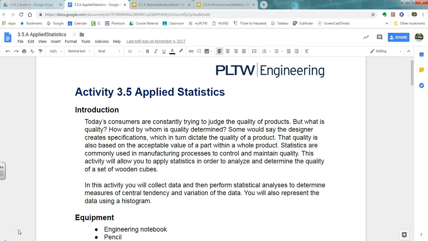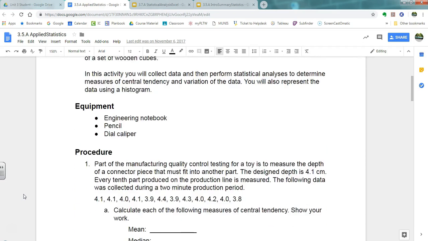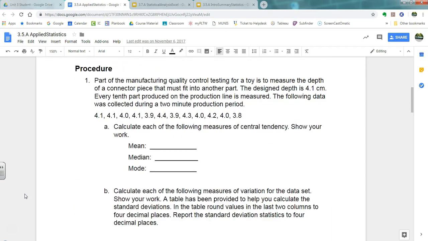Hello. In this video we are going to expand on Activity 3.5 Applied Statistics. What should have already taken place is you should have gone through this and done the calculations manually. For this next part of our exercise, we are going to learn about Excel spreadsheet and how to do calculations in there. And so we're going to do this exercise in Excel,